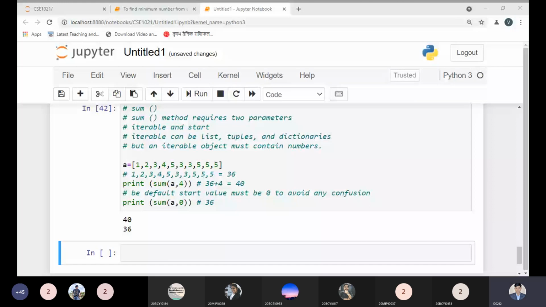I am using the any method right now. See what I am typing here: L is equal to 4, 3, 2, 0.